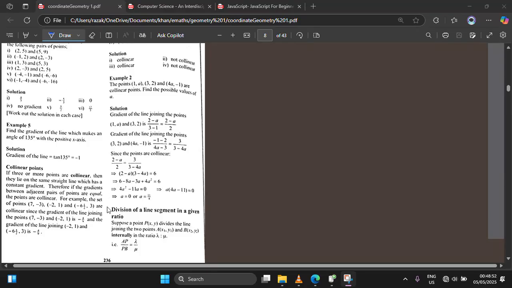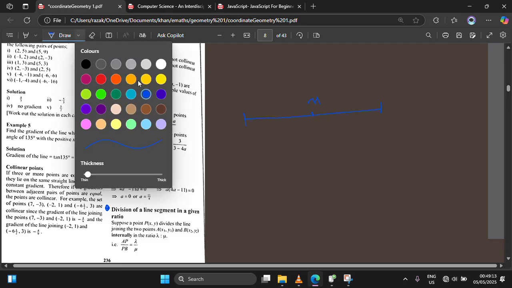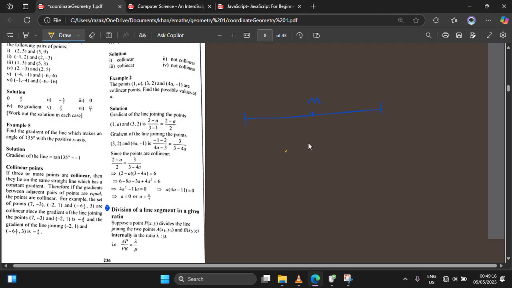Now we'll be doing division of a line segment in a given ratio, right? Sometimes we'll be given a line and its midpoint. We found how to find the middle of this line, but now what if this line is divided into two by a given ratio, maybe 2:3? So the distance here and the distance here are in the ratio 2:3,